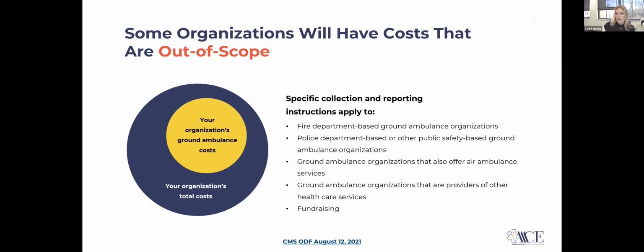When it looks at costs that are within scope and out of scope, it's specifically thinking back to the purpose of the instrument, the purpose of why we're doing this today, and it's to get down to how much it actually costs to operate a ground ambulance service and provide responses and treatments. So for labor, facilities, vehicles, and even potentially revenue, you're going to have costs, expenses, and revenues at a high level overview, meaning they're incurred at the full parent company or the full fire service model. But specifically, we want to get down into what it costs for the ground ambulance.